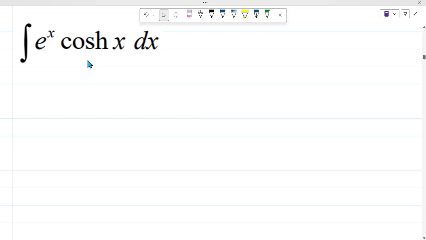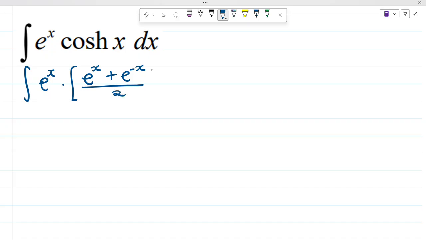We know that hyperbolic cos of x is the same as e to the power x plus e to the power negative x all over 2. So that's what we do whenever we're integrating an exponential function and a hyperbolic function. Yeah, it has to be an integration. Okay, makes sense, right? So that means our first step here should be to change our hyperbolic function there. So that's going to be e to the power x plus e to the power negative x divided by 2